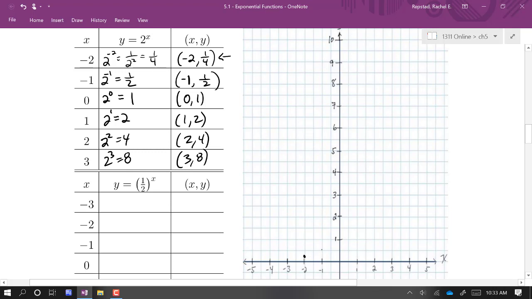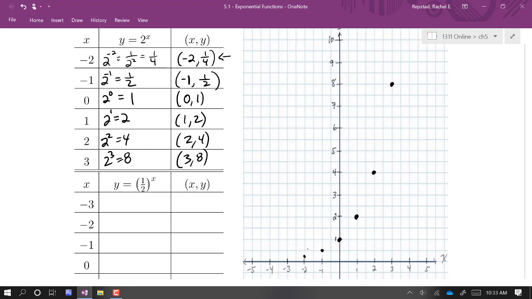Negative 1, 1/2 would be there. 0, 1, 1, 2, 2, 4 would be there. And then 3, 8 would be there. And so now when I'm sketching a graph, I'm trying to use the points to